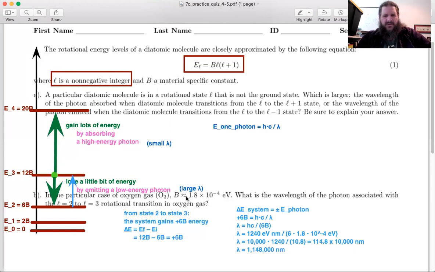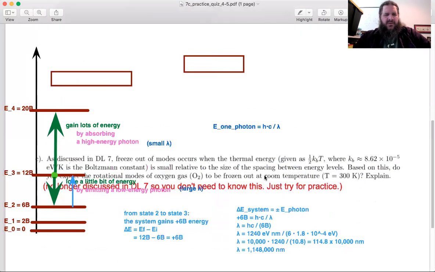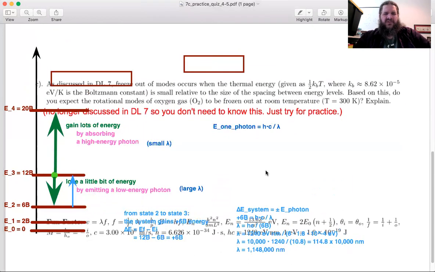That almost makes me wonder if that might be an error in the numbers in the problem itself, because that's an absurdly small amount of energy. But if that's accurate, this would be the wavelength associated with that transition. And yeah, part C on this one, I think, is largely comparing this to the stuff we saw in 7A,